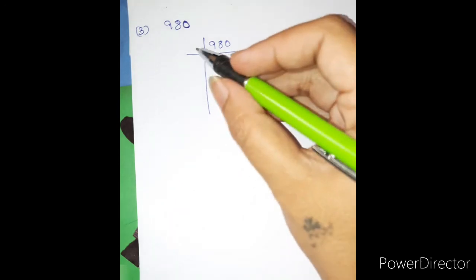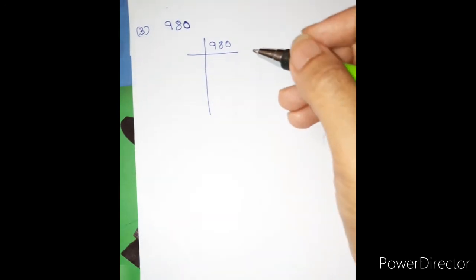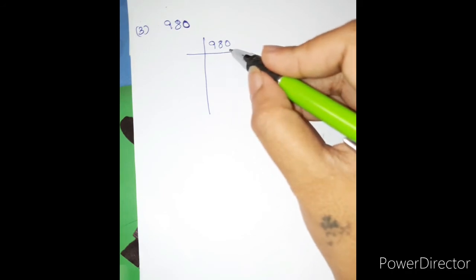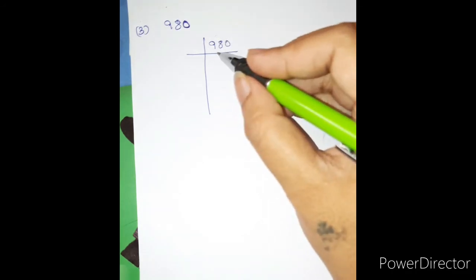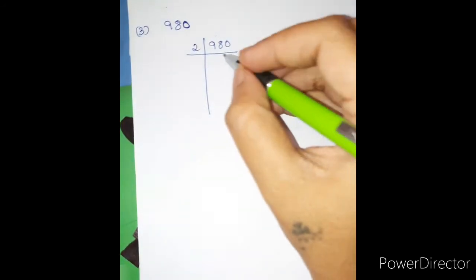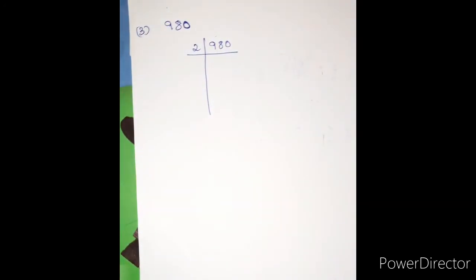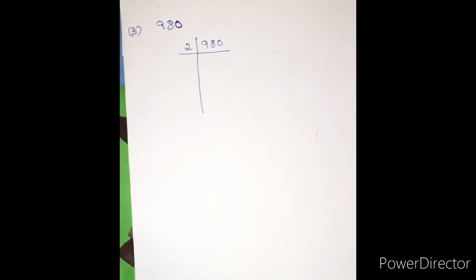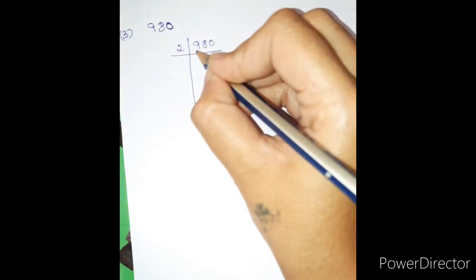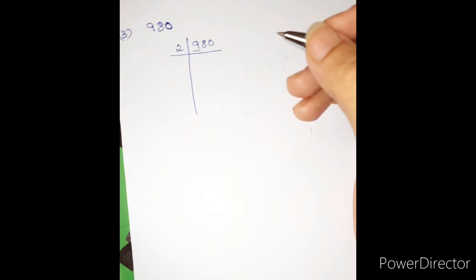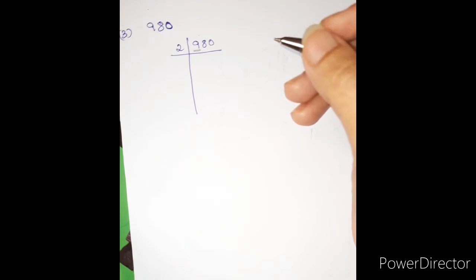Okay, since this is a big number, let's first look at whether it is an even or odd number. This helps you to start with which prime number you can take first. Okay, so there is 0 in the ones place, which makes the whole number even. So we can take the table of 2. Now let's divide the numbers so that we can solve it easily instead of sitting and multiplying to check how many times 980 is coming in the table of 2.